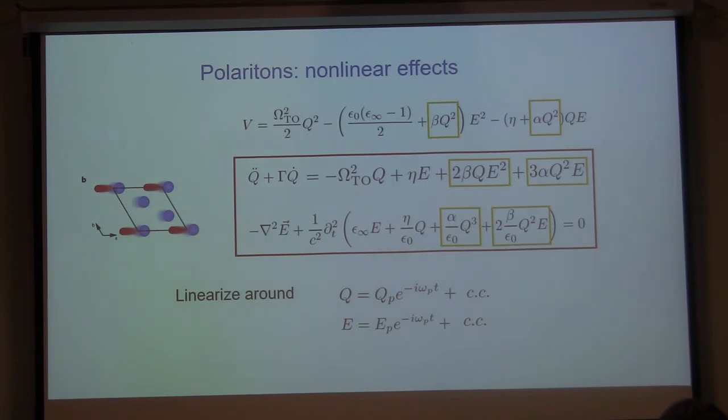In this case, we know that we should look for interesting nonlinear effects. In fact, nonlinear effects can come from the fact that the susceptibility of the material, which we can think about as really the electric constant at infinity, may depend on the phonon displacement. Somehow the phonon can change the polarizability of the matter. And by symmetry, it should only come in as q squared, because just by inversion symmetry we cannot have odd powers in the energy.